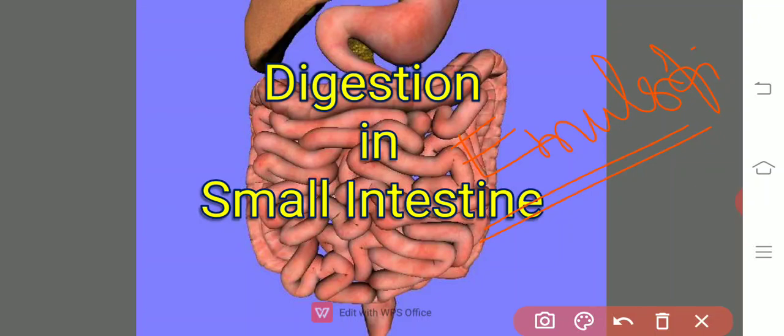Why is there a difficulty in the digestion of fats with lipase? All the fats are water insoluble. They are hydrophobic in nature. Whereas the lipase is hydrophilic in nature. So the fats are unable to dissolve in the water, but the lipase readily dissolves in the water. So the water soluble lipase is unable to digest the fat that easily. It is very difficult to digest the hydrophobic fats.